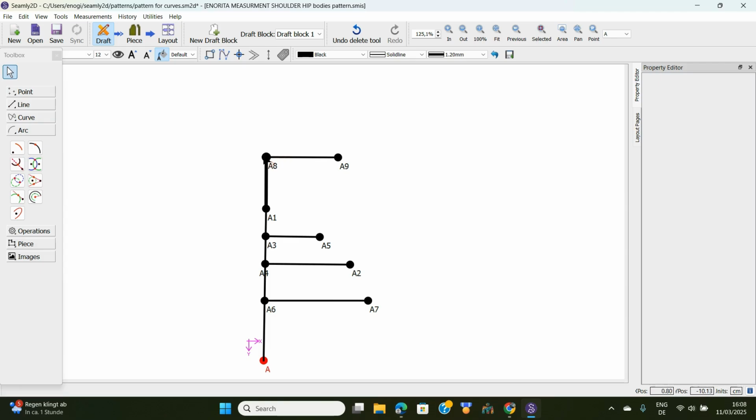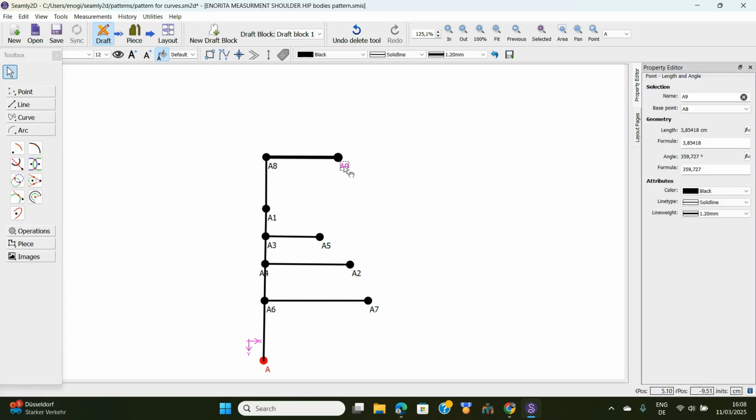So most times, let's say you want to do a triangle here, you want to do another one here, and another one here. What I normally use is this or this, and that's what I'm going to show you. So let's say you want to use this. First of all, you need to create 2 arcs from the 2 points that you want to create the same distance from. So let's start with A9,